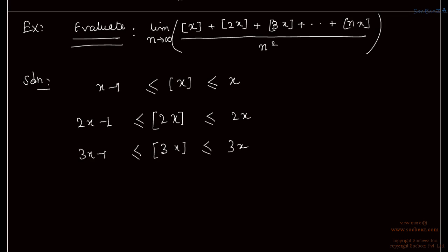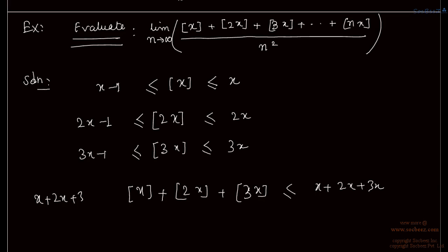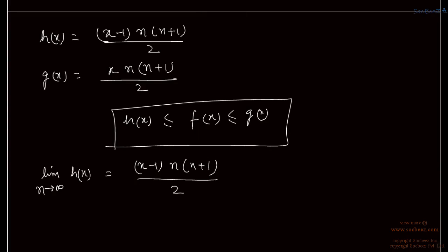Suppose we add all these three. So what we get? We get greatest integer of x plus greatest integer of 2x plus greatest integer of 3x is always less than equal to x plus 2x plus 3x, and in this side x plus 2x plus 3x minus 3. Okay. So similarly, up to n, if we add, then we will be getting